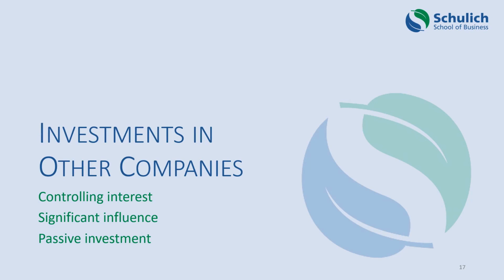There's three things we're going to talk about. We're going to talk about a situation where a company has a controlling interest. That's the situation where a company owns between 50% and 100% of the shares of another company, and so therefore has 100% control over the company, even if it owns less than 100% of the shares because of majority vote at the board of directors level.